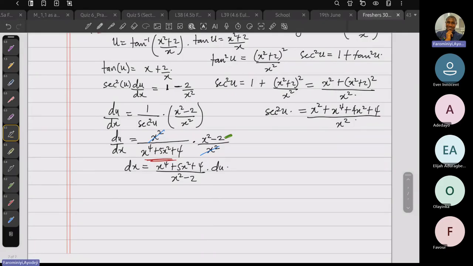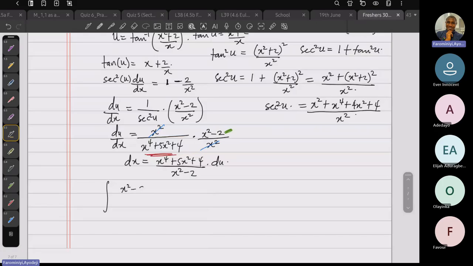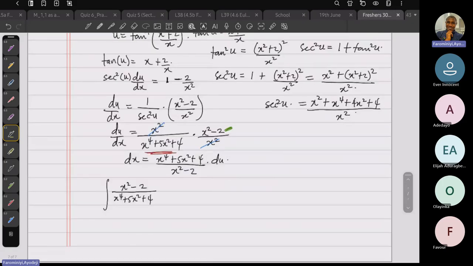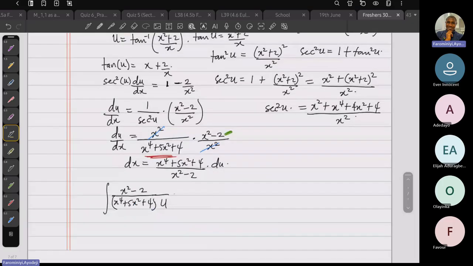So it means that the integral will now be given as x squared minus 2 over x raised to power 4 plus 5x squared plus 4, then times u, because that is what we made as our u, this guy, then times dx, which is x raised to power 4 plus 5x squared plus 4 over x squared minus 2